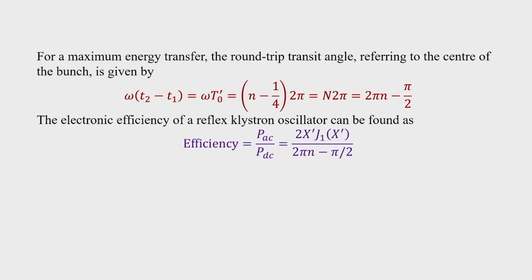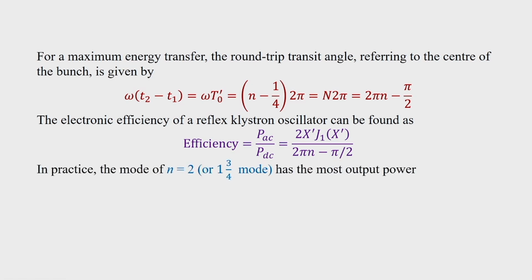The electronic efficiency of the reflex Klystron can be calculated by finding out the AC power, and it is given by 2 x dash J 1 (x dash) divided by (2 pi n minus pi by 2). Now, we are not going into the detailed derivation of this for reflex Klystron. In practice, the mode of n equal to 2 or 1 3/4 mode has the most output power, and